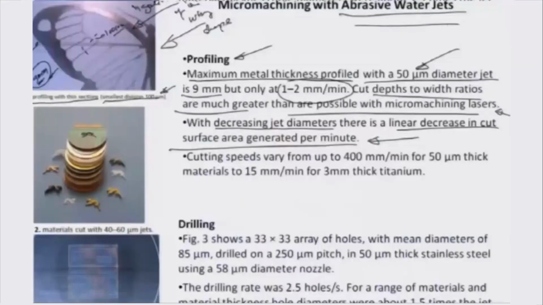The typical process parameters are that cutting speeds vary from about 400 millimeter per minute to about 15 millimeter per minute, and at 400 millimeter per minute cutting speeds you can actually process 50 microns thick materials, and for the lower cutting speed you can go up to about 3 mm thick titanium. But still, it does matter at what speed you raster on the surface,